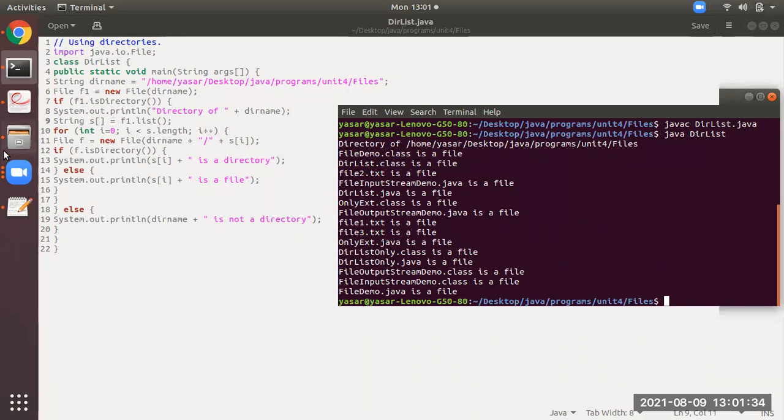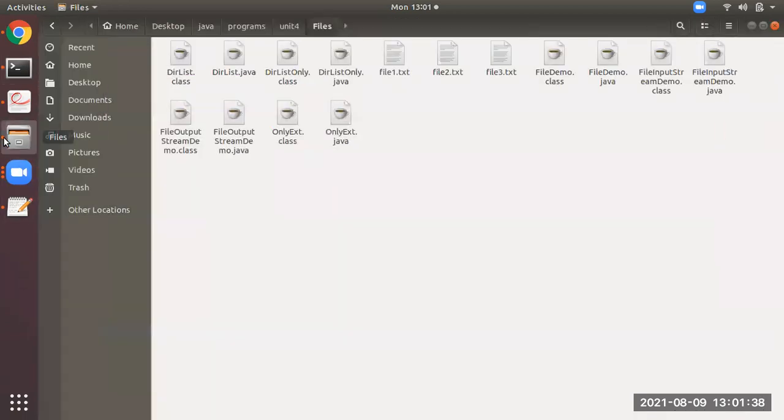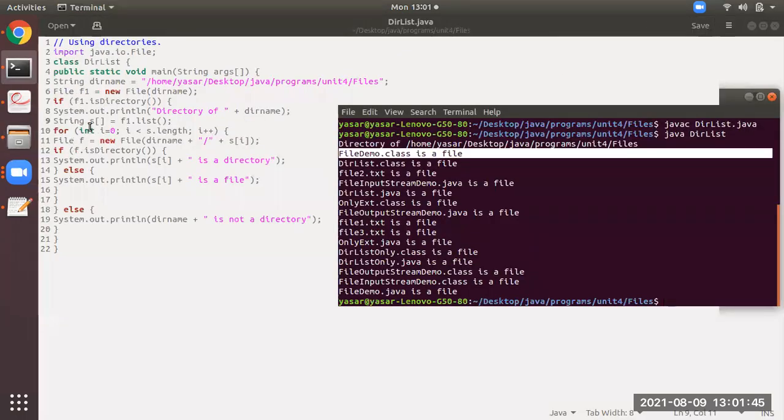Suppose, for example, the first thing it has taken is FileDemo.class, and that is stored in f. Now the 12th line will check: is FileDemo.class a directory? No, it is not a directory. So the if condition is false and it will come to the else part. So the 15th line displays s of 0, which is FileDemo.class, so it gives the output that it is a file.